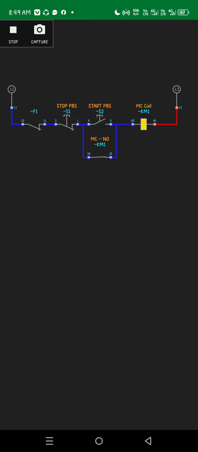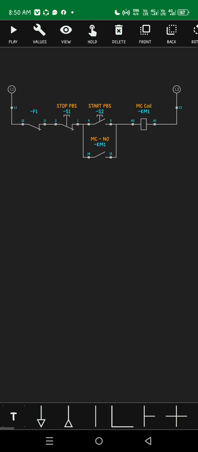That means the magnetic contactor coil is energized. Then click stop to stop the circuit. Okay, so that's the first part of the simulation using basic stop-start motor control circuit side.